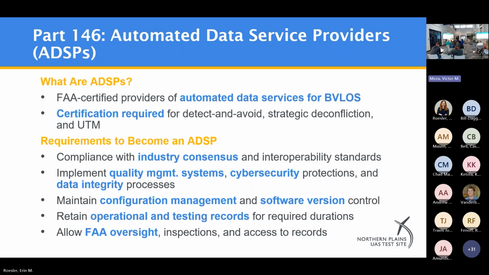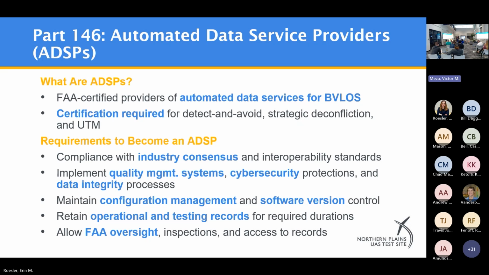The other interesting aspect of Part 146 that I think is really precedent setting is it has 3 different service levels within this part. Service levels 1 and 2 talk about offering services for operations that are being conducted under Part 108. Service level 3, which has more robust requirements, is for services that are being offered for operations that occur under other rule sets. Could be 107, and even though the NPRM doesn't call it out specifically, I feel it's alluding to operations under Part 91.